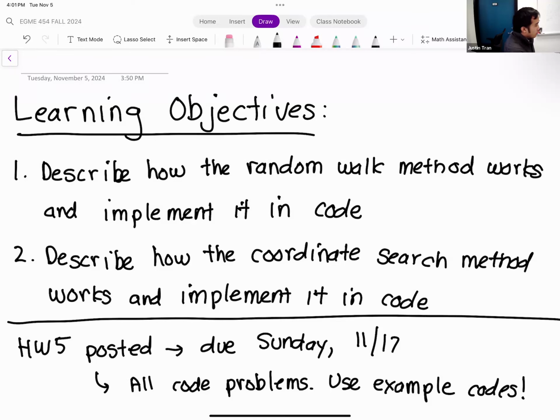I'm not providing you any starter code for this homework, but all the problems can be done with very minor modifications to the example code. If I did provide starter code, it would basically be the exact same thing as the example code. We're going over these example codes in class, so make sure you go over them yourself.